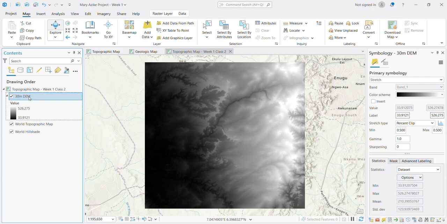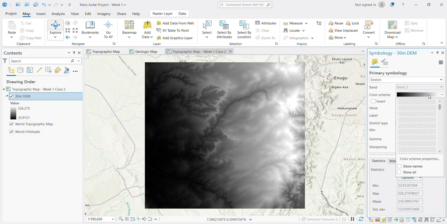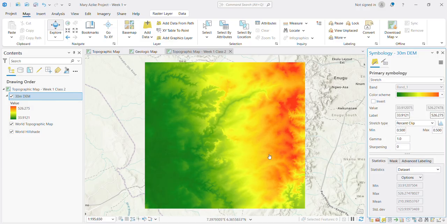Of which place exactly? The area we downloaded. Don't worry, we're going to see the area. It's for Enugu State. Yes. So this is showing